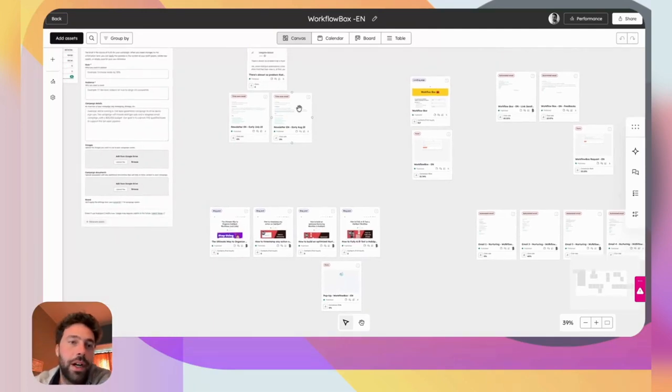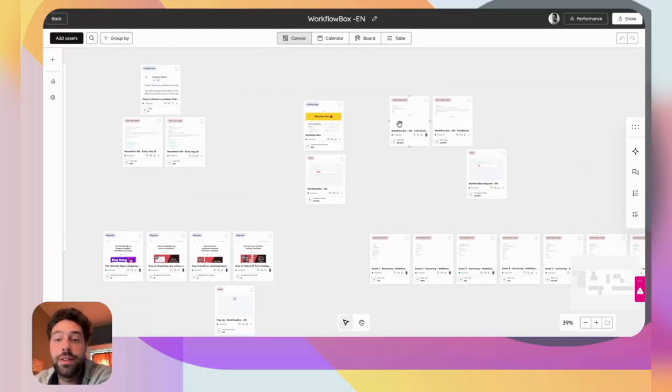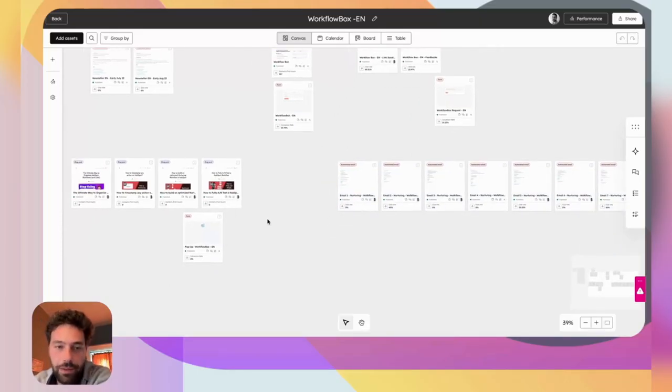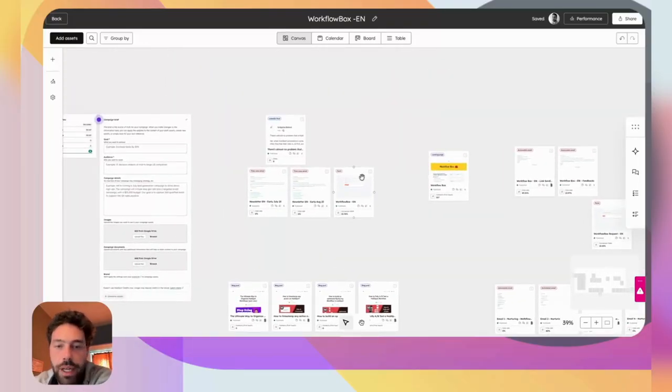I have the pop-up here. I have a newsletter that redirects to this lead magnet. I have a LinkedIn post. I have the link sending email and all my nurturing campaign after people download this lead magnet. Everything is in one place, is very visual, and you can basically drag and drop them to make the connection